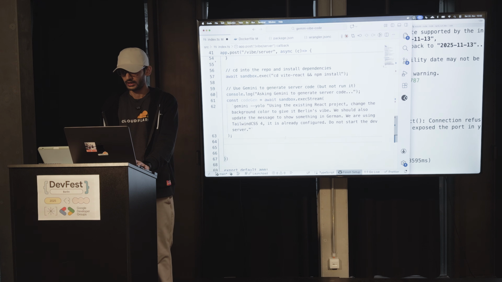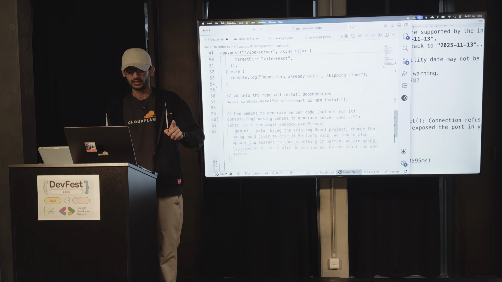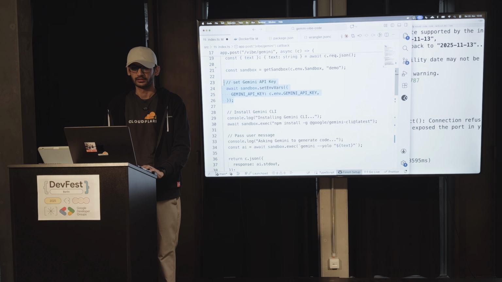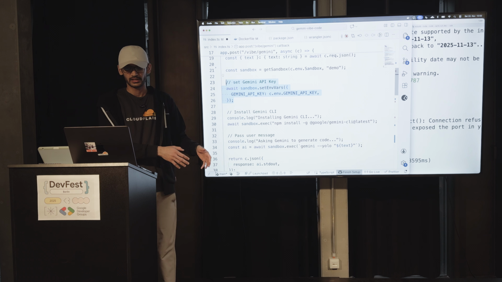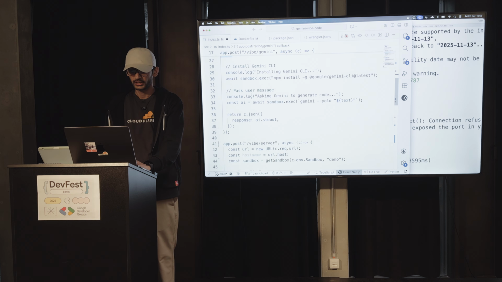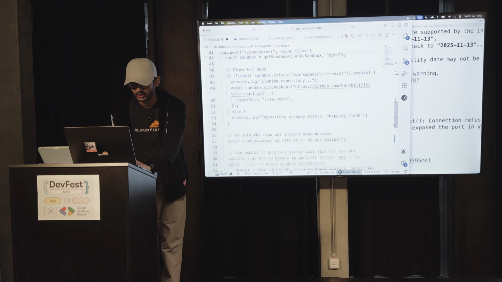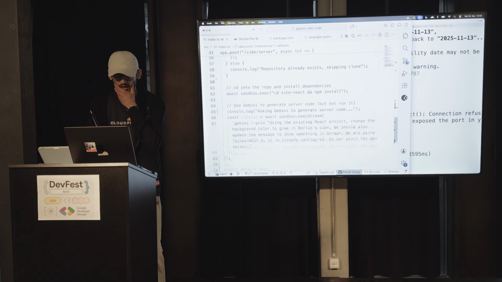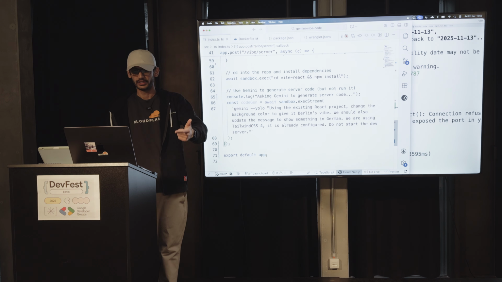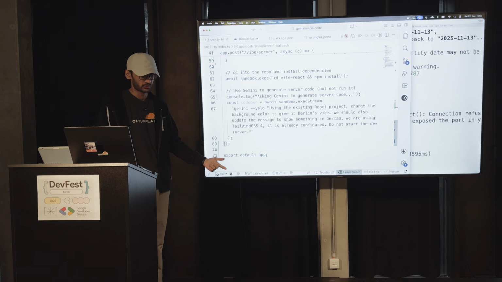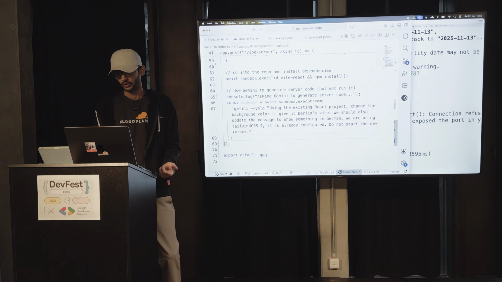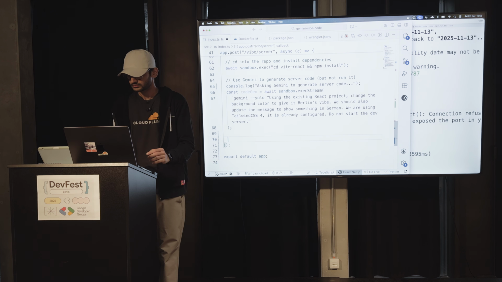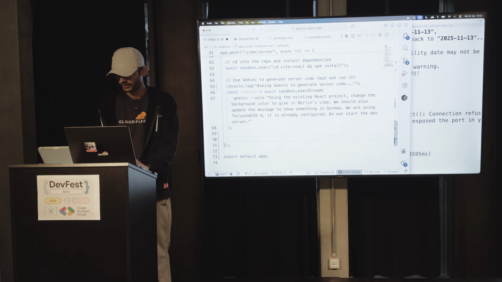Now that I have this, one thing I also need to do is get the API key, because again, this is a different sandbox environment that is going to get created for me. So I need to set up the API key for Gemini. I'm going to just do it over here. Let's see. So we have this. We are asking Gemini to write the code for us. And after we make the changes to the code, what is the next step? It's basically to start the development server. Right, so let's go ahead and try to do that.